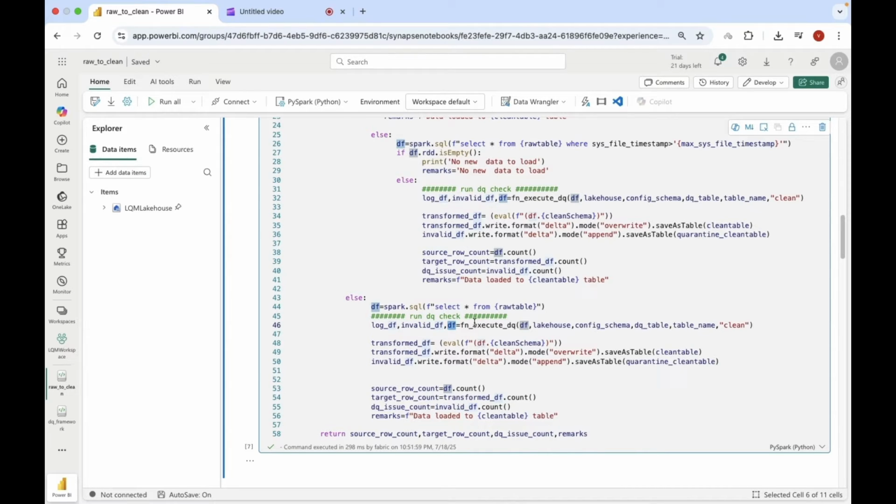So let's suppose if I pass 10 records from here, this will contain all those logs of those records, and this will have two records which are failed, eight records which are not failed. Then we are applying the clean schema only on the records which passed the data quality checks. Then we are writing that data to our clean table,